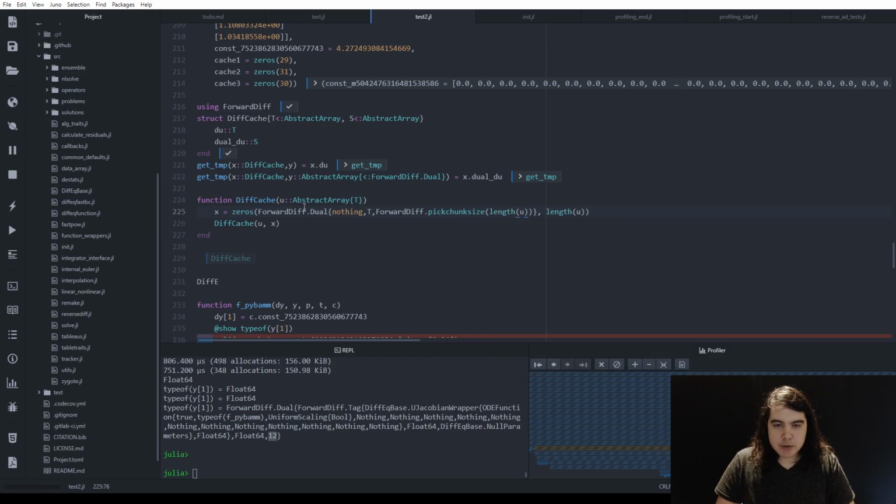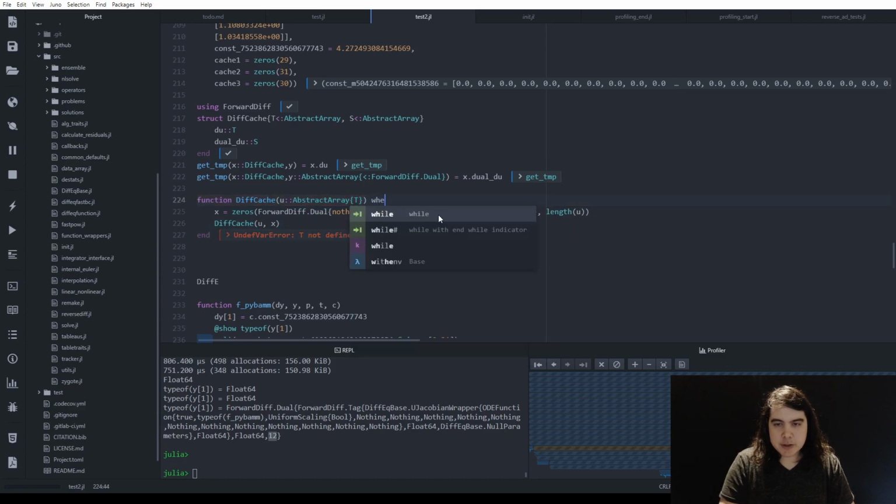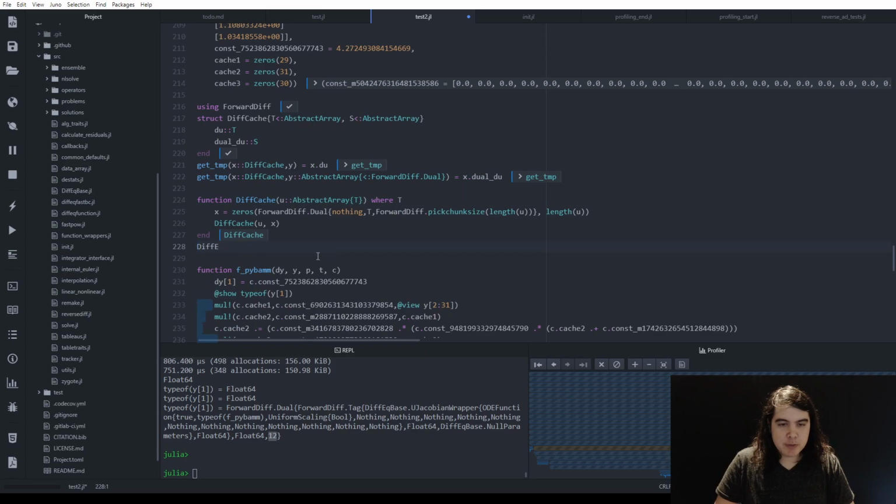Length of u. So here I'm saying generate a bunch of zeros, which are not 64 bits, but they're 12 times 64 bits because they're holding these dual numbers. And let's make a diff cache. This is where t for library reasons. So here, let me check this. I have a diff cache of zeros of 29,